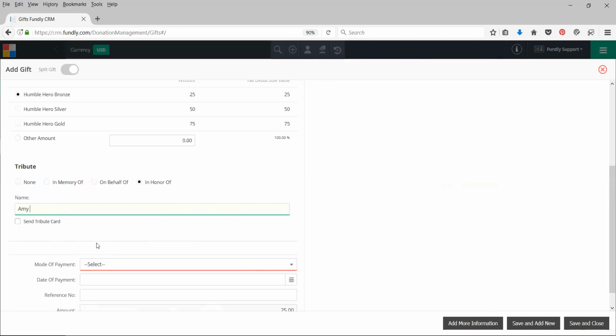Let's see. There we go. And you'll notice that the select name goes away once I start typing this. So now I can't select a name and put a separate name. I'm just saying this person's not in my database. I don't want them in my database. This becomes a static data field that's associated to this donation, but it's not saved anywhere else in